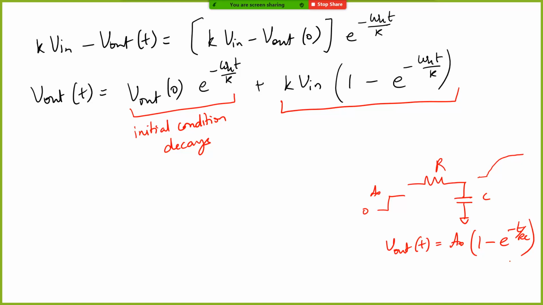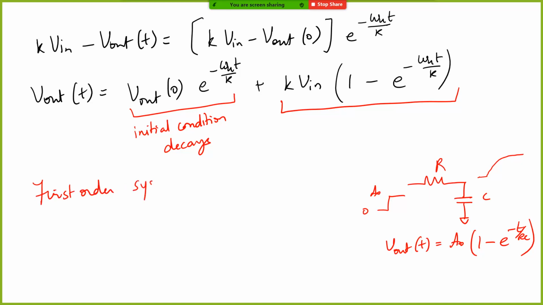If you take any RC system, any RL system, any first order system will have this exponential behavior. If it is charging up, it will be 1 minus e to the power of minus some time t by time constant. If it is a discharging system, it will be just e to the power of minus t by time constant, right. So comparing this with a typical first order behavior,